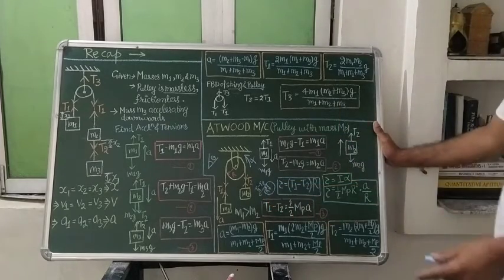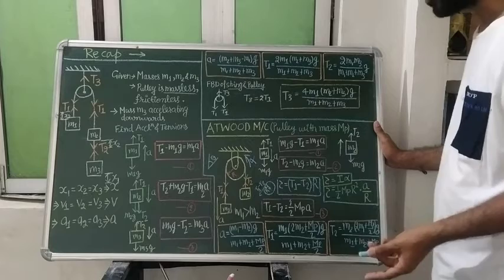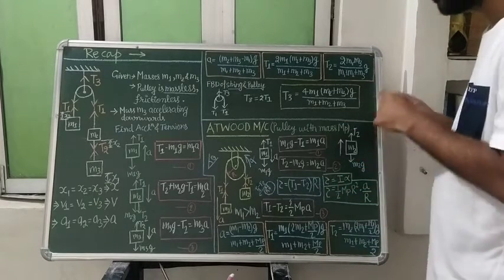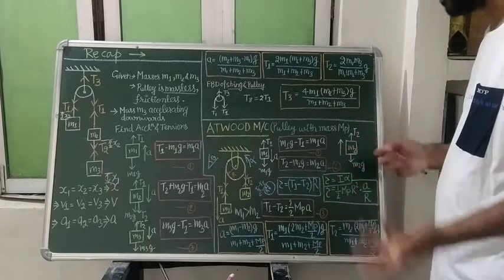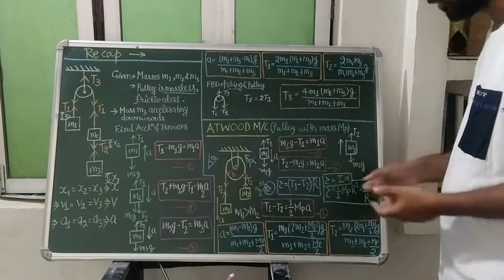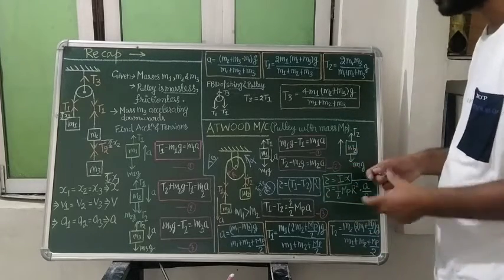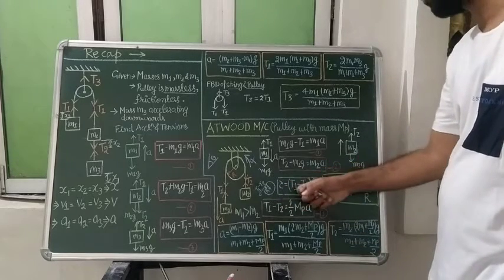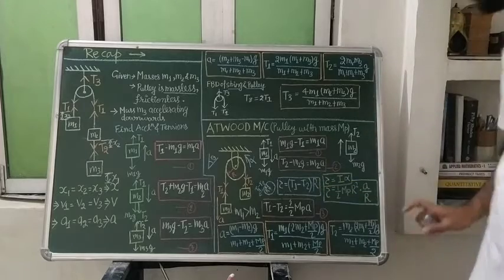And I have told you what a cross product is. Cross product is nothing but sin theta, when you remove the cross product; we will study that in vectors. So that will give us sin theta, and sin 90 will become 1. So we will get the expression of torque equals (T1 minus T2) times R.